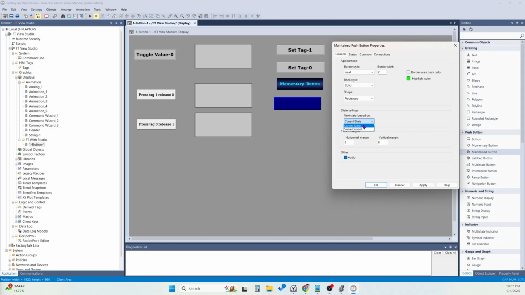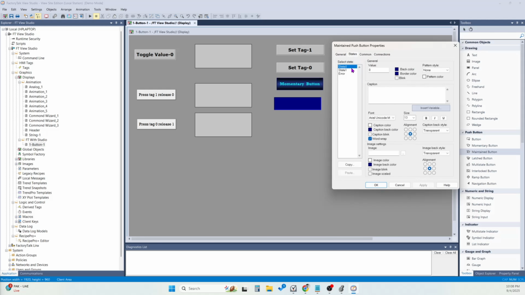So current state and value control, so you always need to select the current state. And after that, if you press the button, the button will give a value. Next is state. Here you can see state 0 and state 1, because in the maintain button you can use only two states. So in state 0 and state 1,